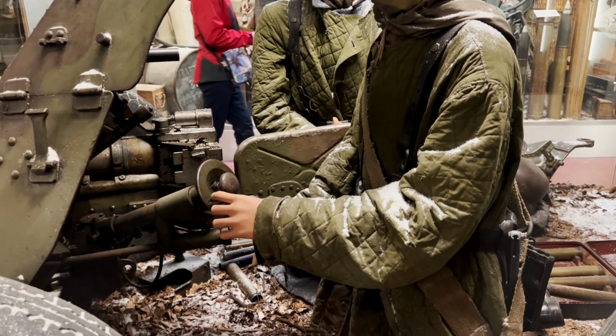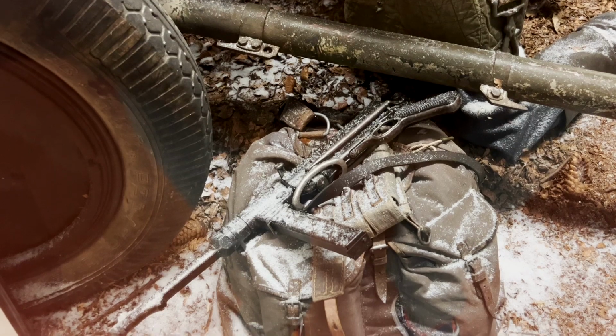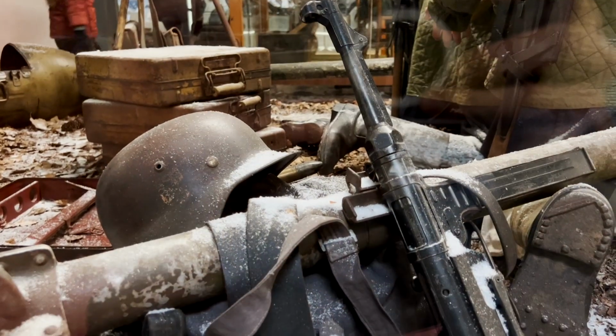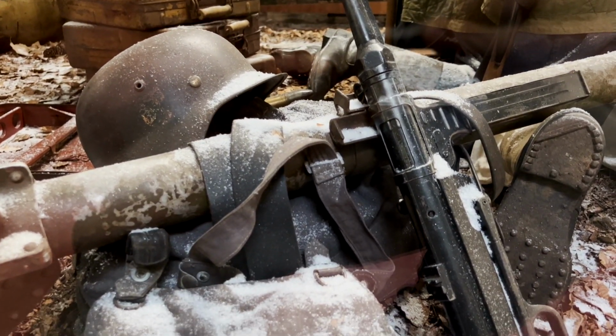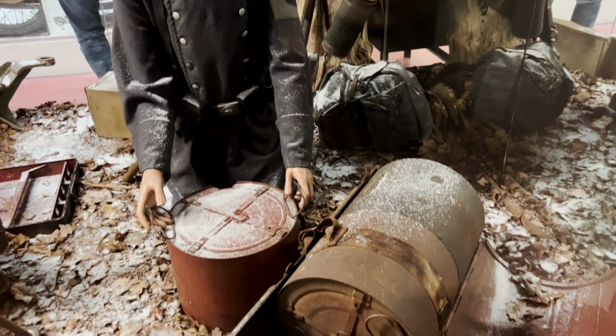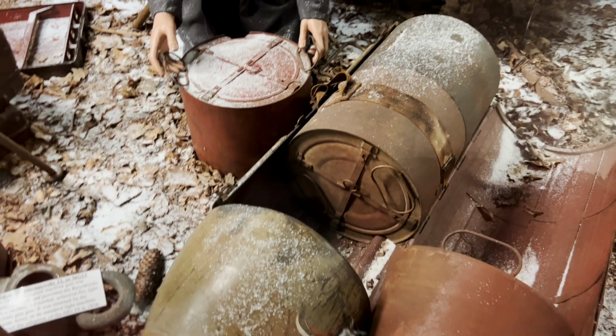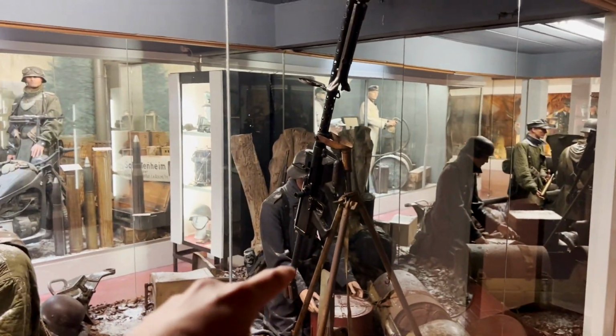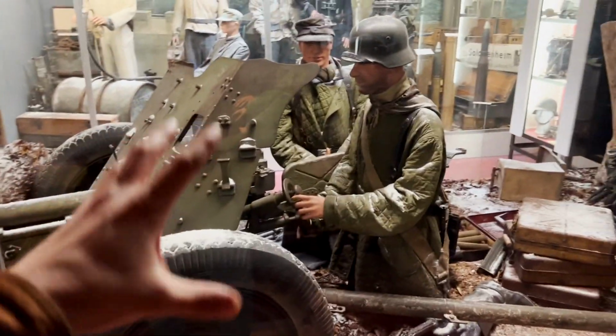field infantry, and we can see the first one is ready for shooting with an MP40, and another one also has one more, and a third guy is opening a canister, opening it from the special cartridge that has been dropped from the aircraft. So it's like a paratrooper cartridge, kind of. Very interesting machine gun, and a very interesting display about